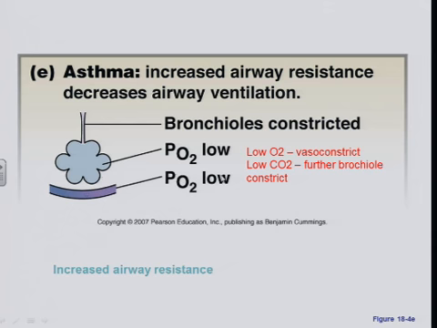So also, if you look at this long term, remember low oxygen causes a vasoconstriction. So if we have poor alveolar oxygen, now this is going to vasoconstrict. So if this vasoconstricts, now we have a low CO2, and then the low CO2 causes a further bronchial constriction. That's the reason we talked that asthmatics need to use that inhaler very quickly, because this is a very rapid cycle that occurs.